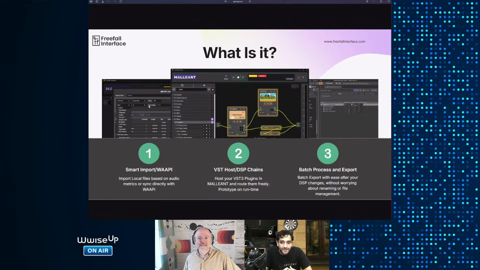Finally, once you're happy with how it sounds in the game, because you've done the prototyping live, Malleant then takes over the batch processing end: fish out all the assets that are relevant to the changes you want, put the DSP on them, and then fish them back out to the right places in your repository, and put them in your Wwise project respectfully.